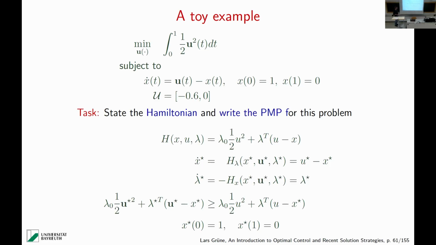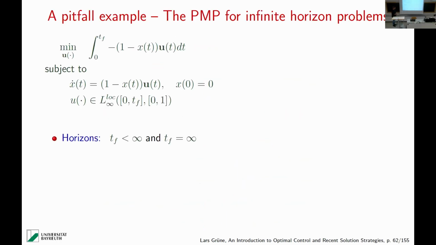And again, by this you can essentially compute the solution. And what will happen is that eventually you cut off values which are too small or too large in this interval. So, okay. Now, I said yesterday that very often, and we will see several examples tomorrow in the last part, where I will also have some more real-world examples, we would actually like to have an infinite horizon problem. And the question is now, can we simply set Tf to infinity in the Pontryagin principle?